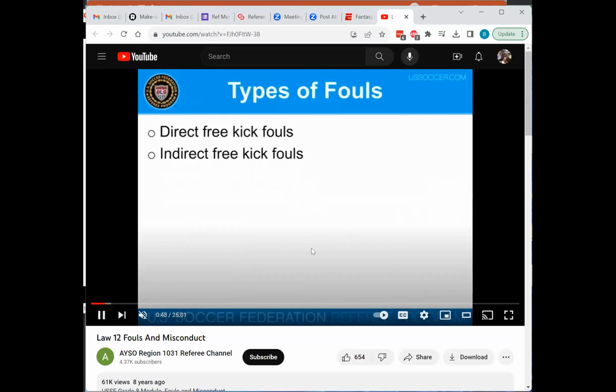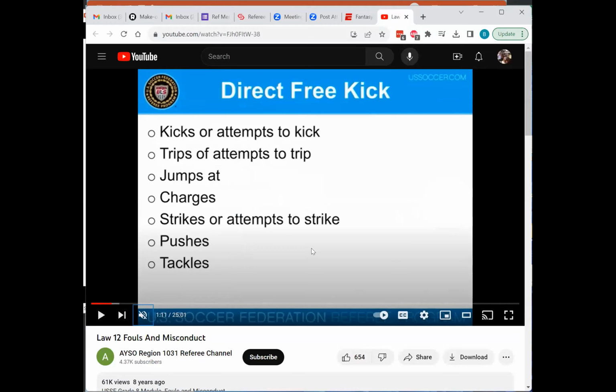All right, so two kinds of fouls, direct and indirect. The directs are pretty obvious. It's any contact essentially between players, or there's the one example of handball, but it basically involves some sort of contact. A couple of these come with the caveat that the contact doesn't actually even have to happen. So if somebody takes a swing or sticks their leg out in a weird way, looking like they're trying to trip a player, and the attacker manages to jump over the leg and keep going, you now